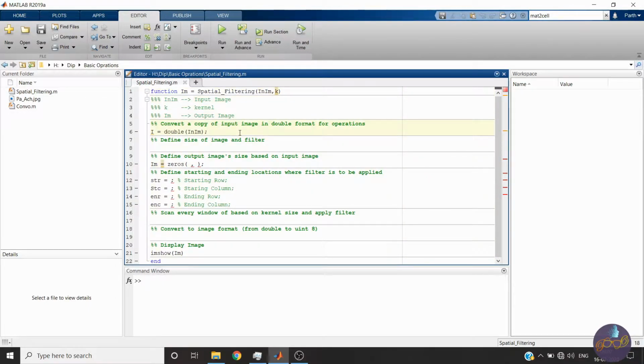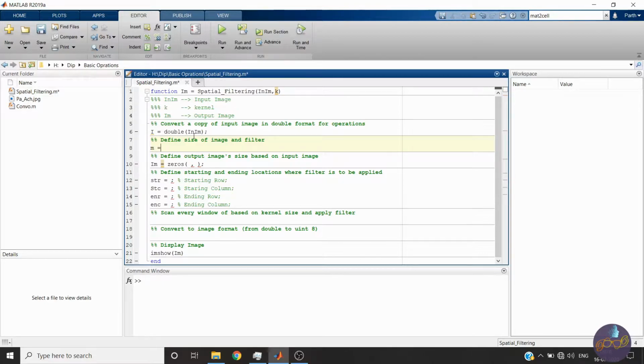Okay, first we will convert our image into double format so that basic operations like division and multiplication can be performed. Initially every image will be in unsigned integer 8 format, so that format cannot be operated on, so we will convert it into double. Now we will define the size of image and filter. First we will define the size of filter.